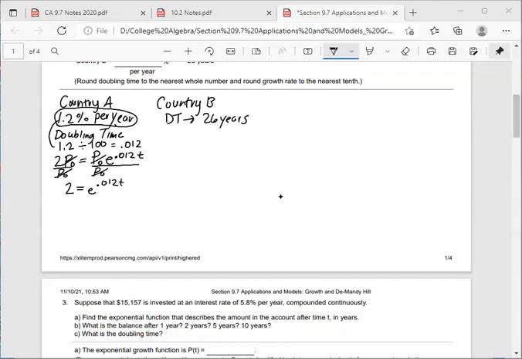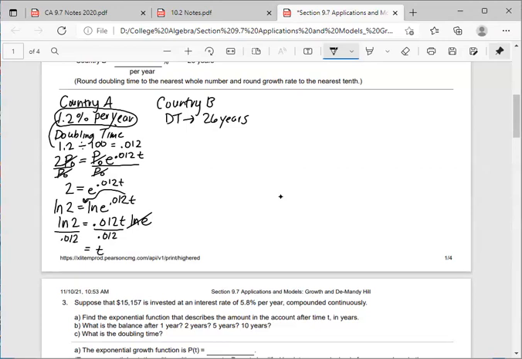So that means that I need to get this T moved down. And we can use that power rule where if we take the natural log of both sides of our equal sign, that power rule says that you can move this exponent down front. So you say the natural log of 2 is equal to 0.012 T natural log of E. The natural log of E is 1. So you can just mark it out because we're just multiplying by 1. Natural log of E is just going to come out as 1. So now I'm really close. If I divide both sides by 0.012,